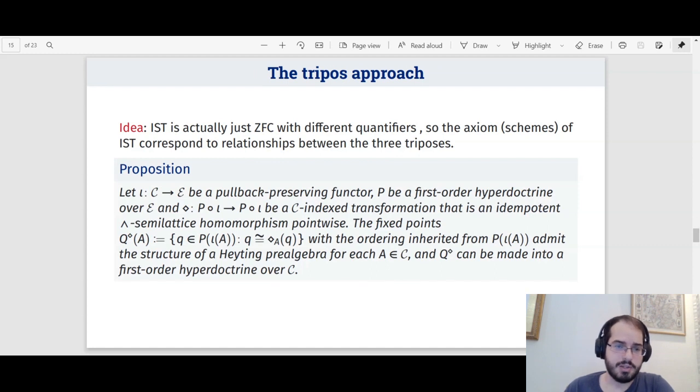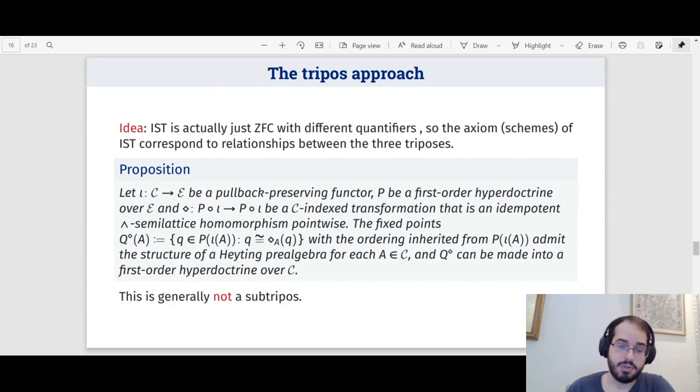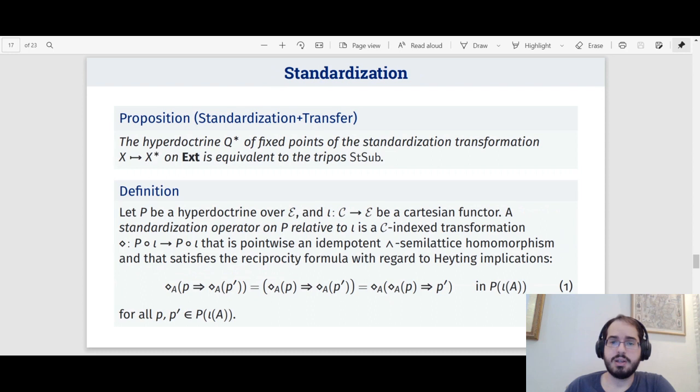So the first observation is that if I get a first order hyperdoctrine P, then the index transformations that are idempotent meet semilattice homomorphisms are actually quite interesting. So their fixed points admit the structure of a Heyting algebra and can be made into a first order hyperdoctrine over the category C. And the reason why we care about this, which is actually not generally a subtripos even when P is a tripos, is because there is what I call the standardization transformation on the hyperdoctrine X that